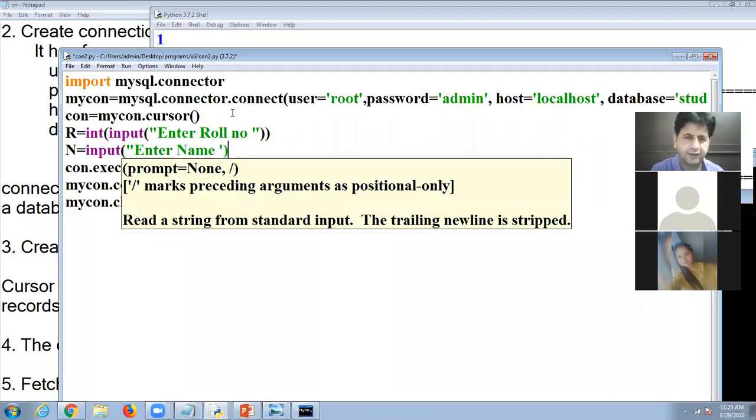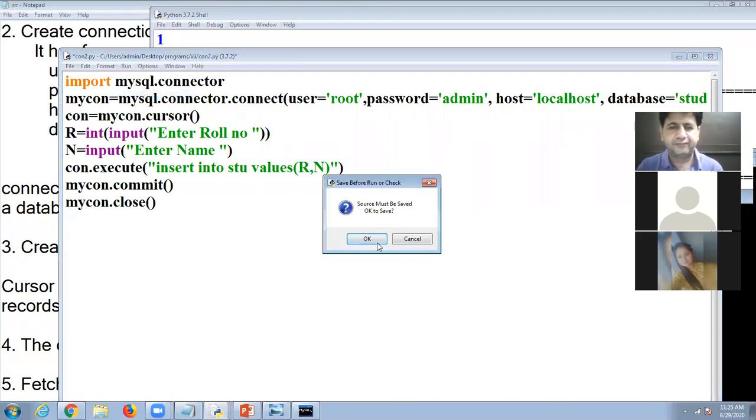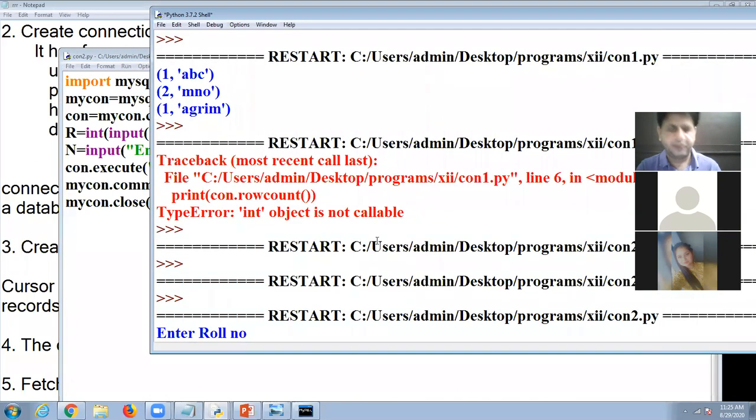So two variable values I am getting from the keyboard. Now the question is, if I use here r and n, these are variables, but whenever we use this, it will be just like a constant value. Look at here, I run this, I enter roll number 21, name.